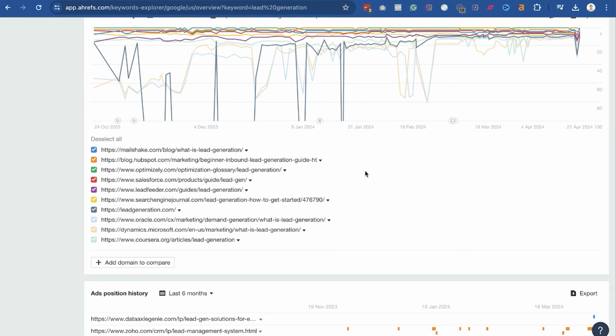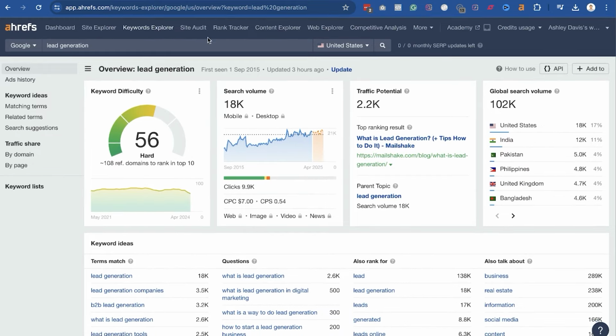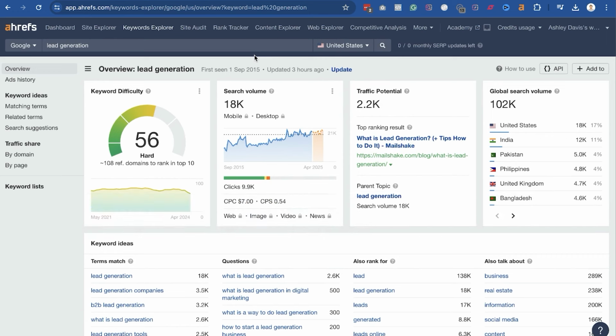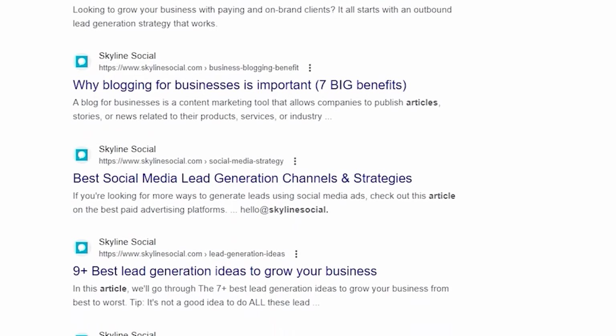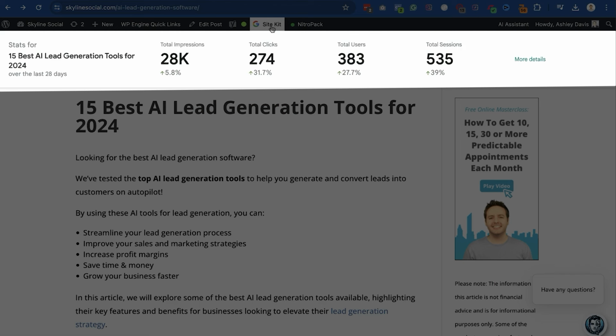So what I recommend is, instead of targeting very broad keywords like these, that you actually niche down and target specific keywords which still have some decent search volume. It might not have thousands of searches each month, but you should be able to get a few hundred searches each month and then create lots of these articles. So for example, with this article I've written here, it's not going to get thousands of views every month. If we look at the traffic, it gets a few hundred visitors every month.